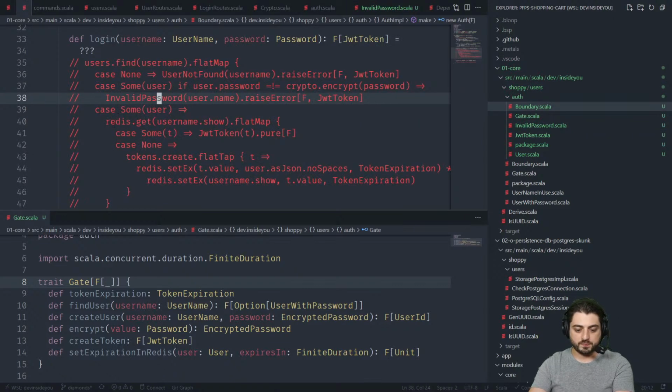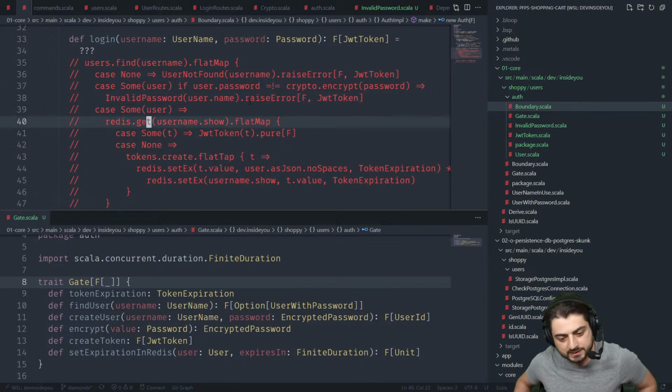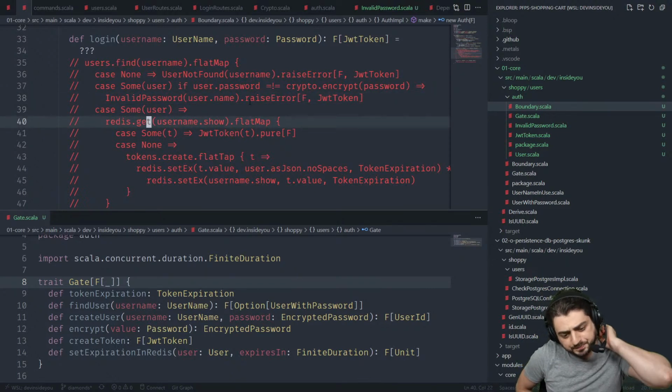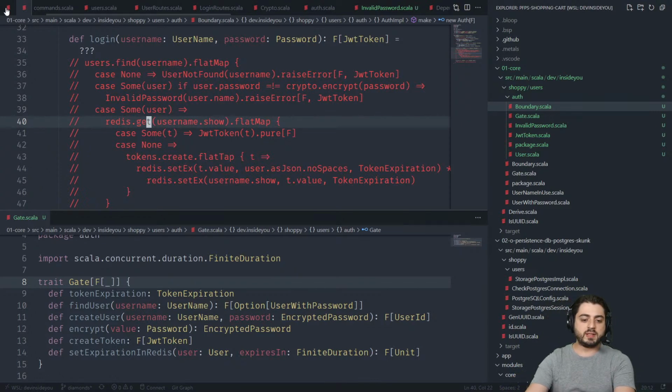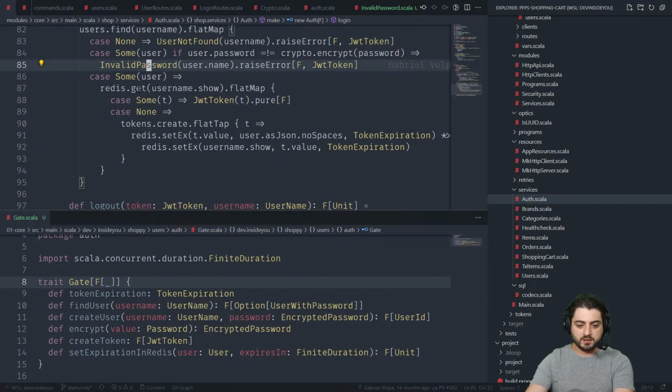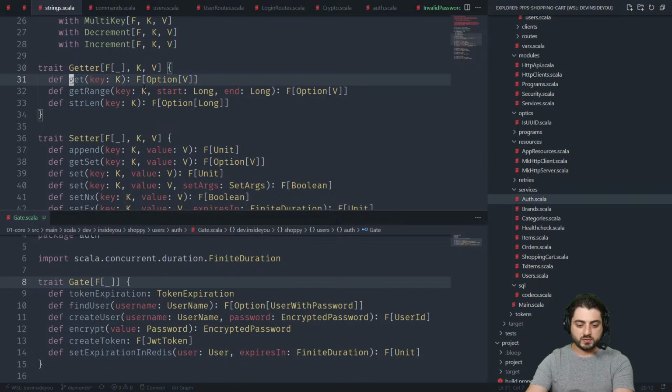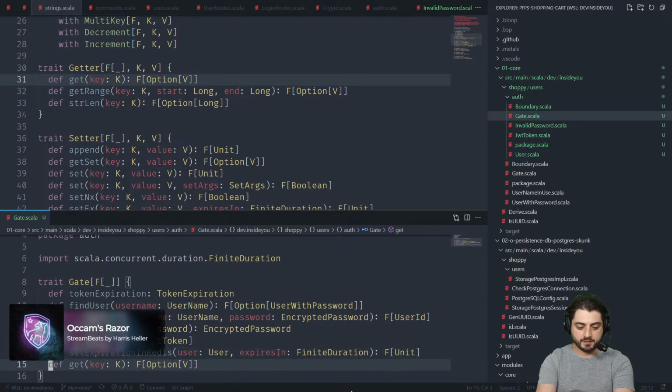What else? Okay, get. This is the one that we don't have yet. So I need to go to the real code and check the types. If we go over here, we're going to look at get. So you give it some key and it's going to give you an option of a value. Big surprise. Okay, so we're going to grab that and get